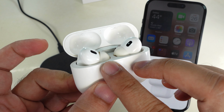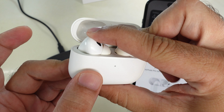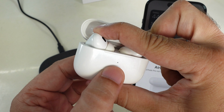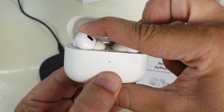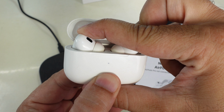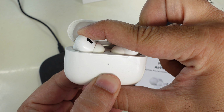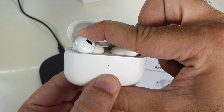Keep both AirPods in the charging case. Push down both AirPods like this, and press the back button on the charging case until you see the amber light flash white. Try to keep holding for 15 seconds, until it flashes white. If it's still not resetting, you have to press for 30 seconds. As you can see, my AirPods amber light flashes white and then red after a long press on the back button of the